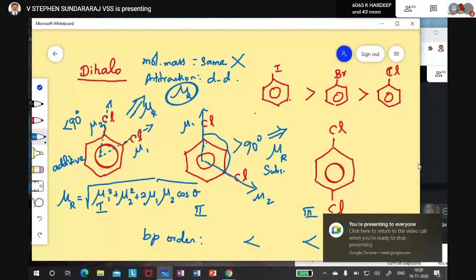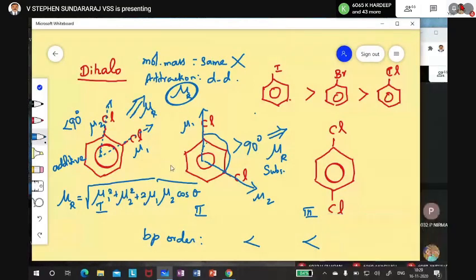So now see that. Here, in this case, the angle is exactly opposite to each other. So now what is that? Mu resultant is equal to 0, because both the sides are Cl only, so same. Otherwise, I can write it as close to 0. But since the groups are also the same, the C-Cl bonds, it will be an exactly symmetrical shape, 0. Okay, so now see that mu